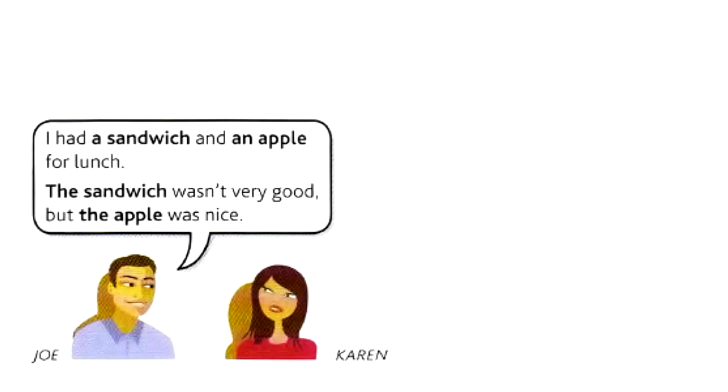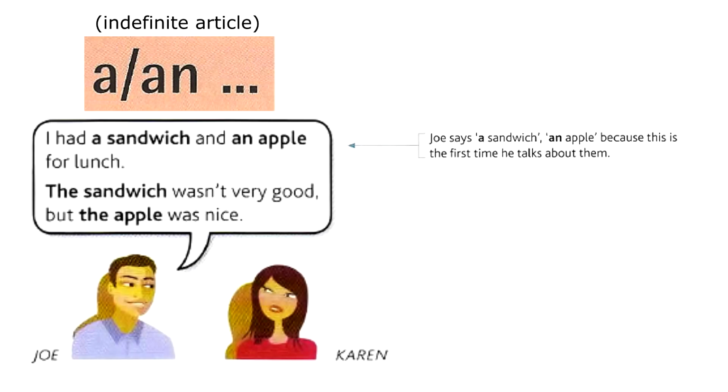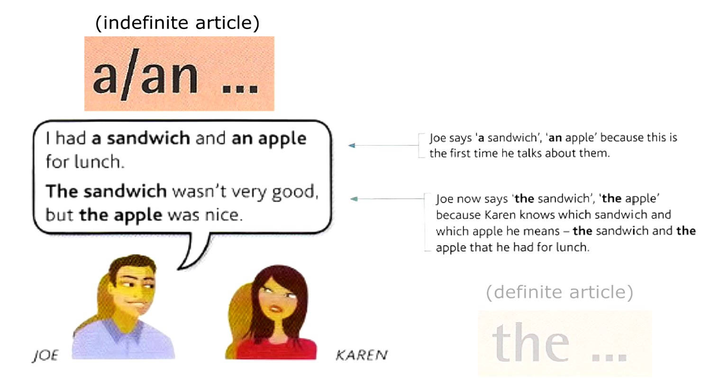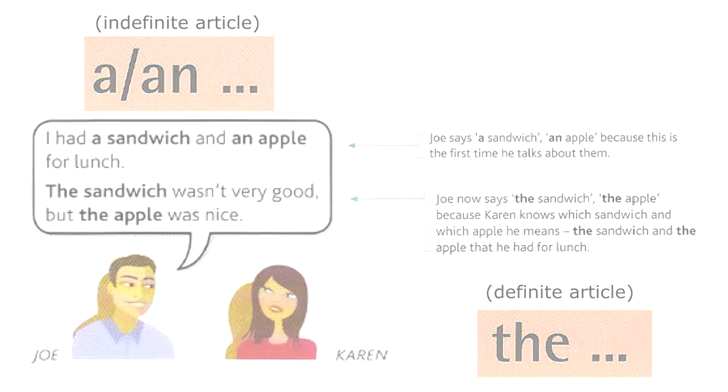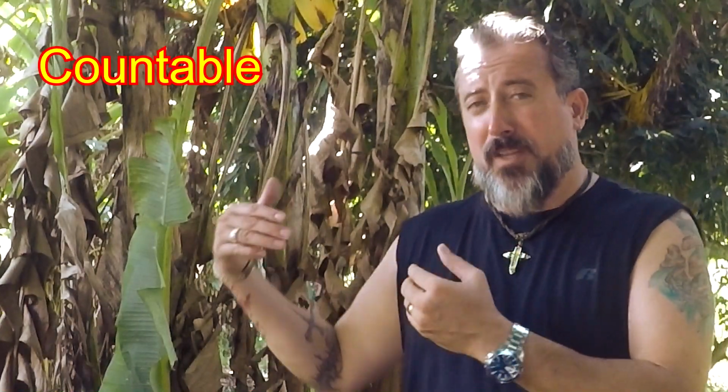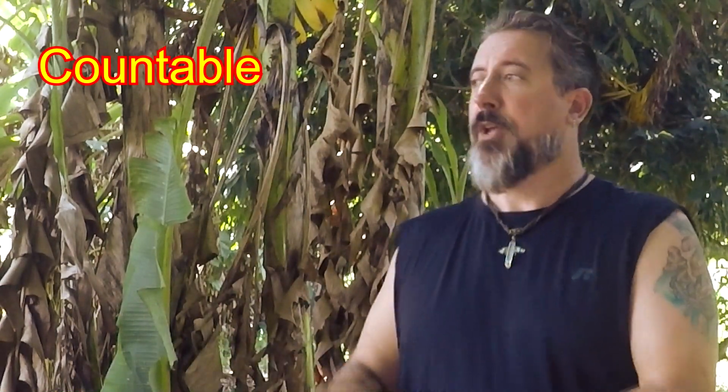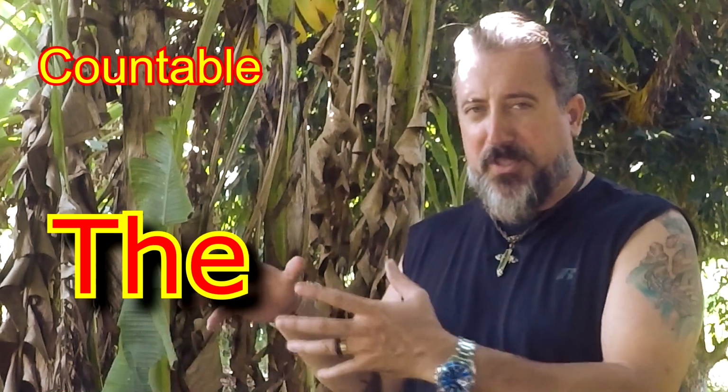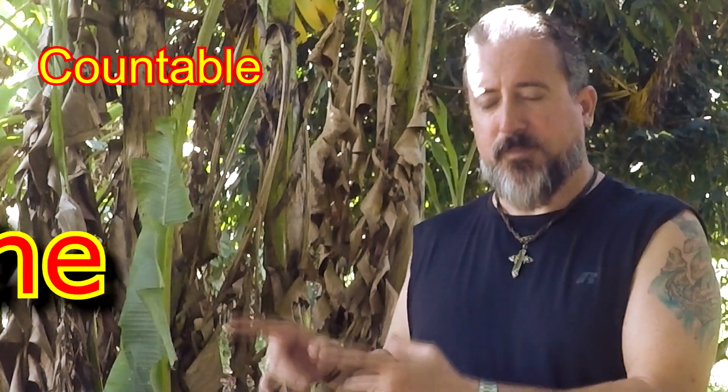Also, the subsequent or the second time you're talking about the same noun, let's say you're telling a story and you mention something, the next time you say it, you're going to use the, because the is making it specific because you've already mentioned it. Hope that makes sense. If the listener you're talking to knows what you're talking about, you use the. The is for specific nouns. All right? Wonderful.